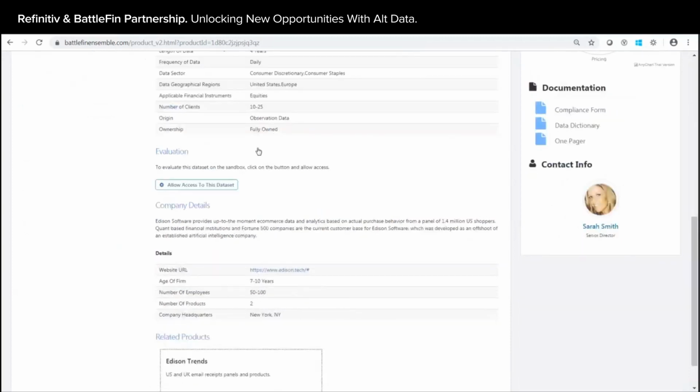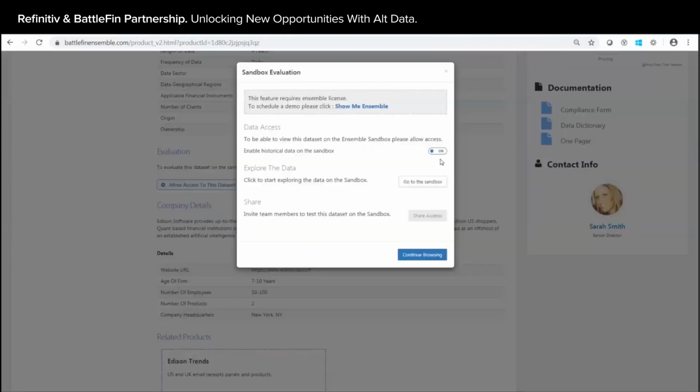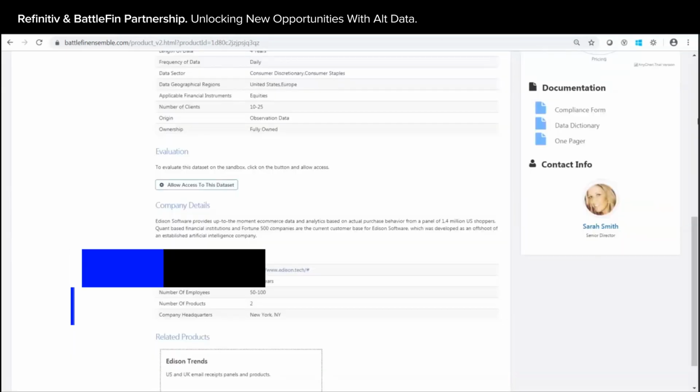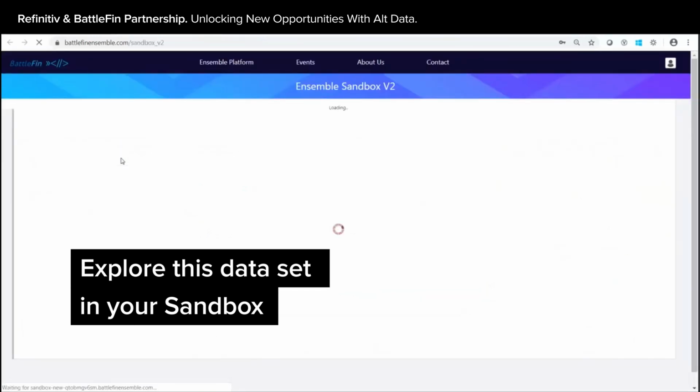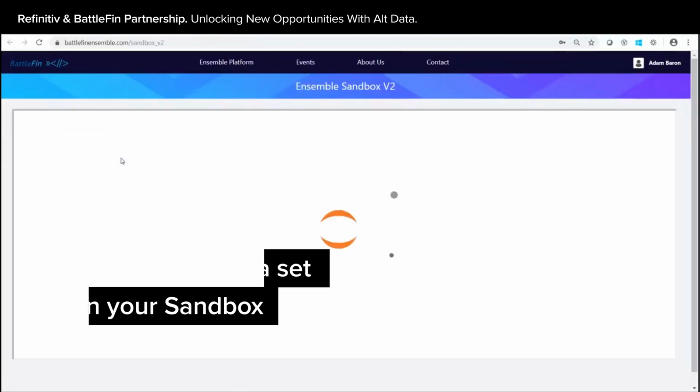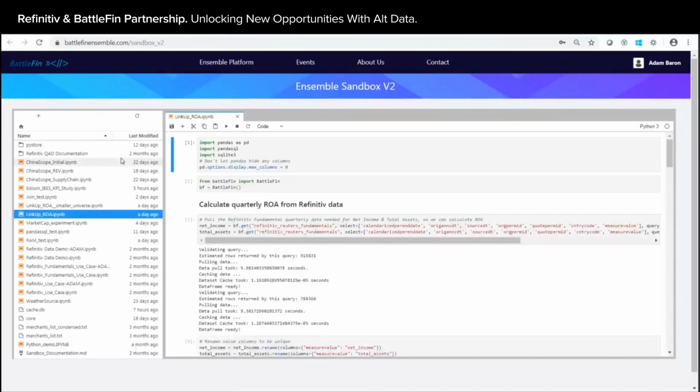So if you scroll down, you'll see this evaluation section and allow access to this data set. The toggle here, which I've already turned on since I've looked at this data before, lets you see it in your sandbox. Now what the sandbox is, is basically a Jupyter notebook, except a little bit more locked down than a typical notebook,